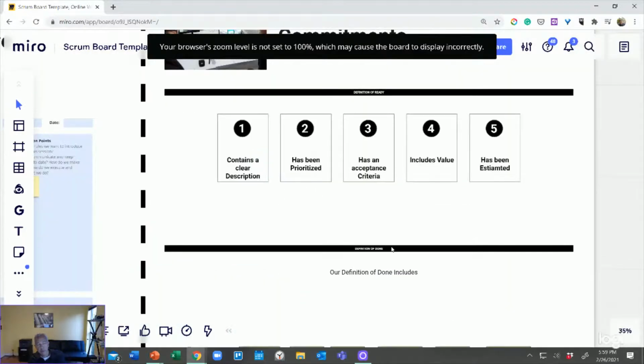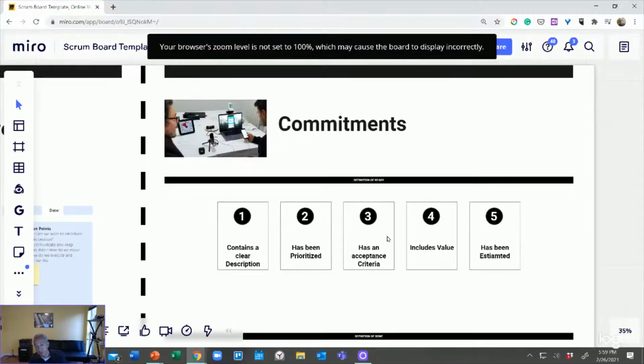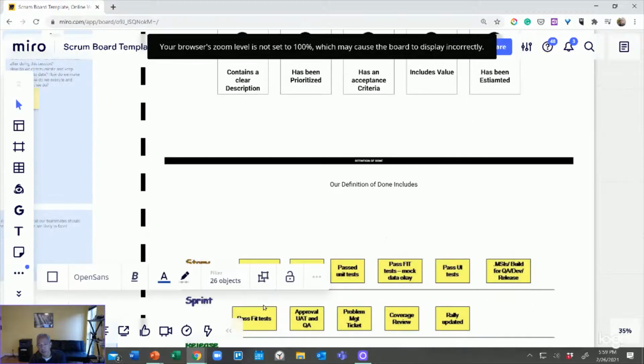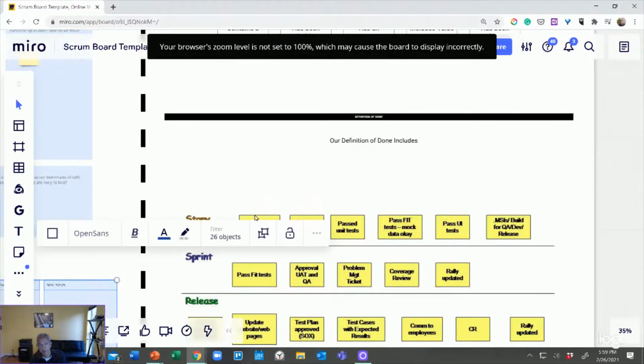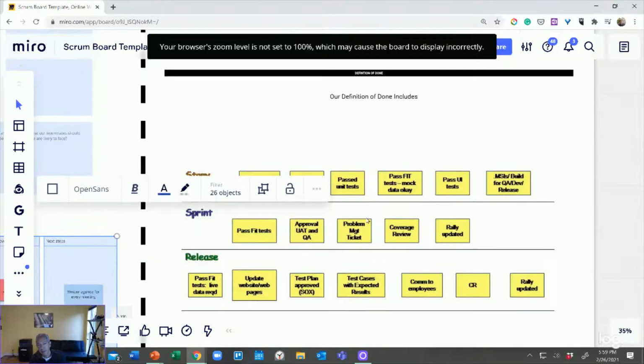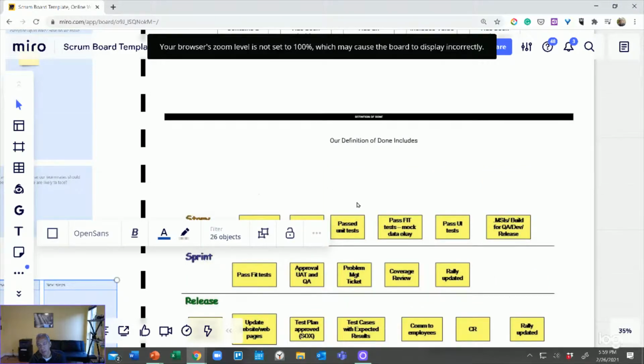commitments. So the new Scrum Guide that was released in December of 2020 has found a home for some of the things that were somewhat important before, but didn't have a name or a category. Well, now we have what we call commitments, right? And some of these commitments include things like the definition of done. What is your definition of done? So let's put that up there, and let's make sure that that is something that we look at often and